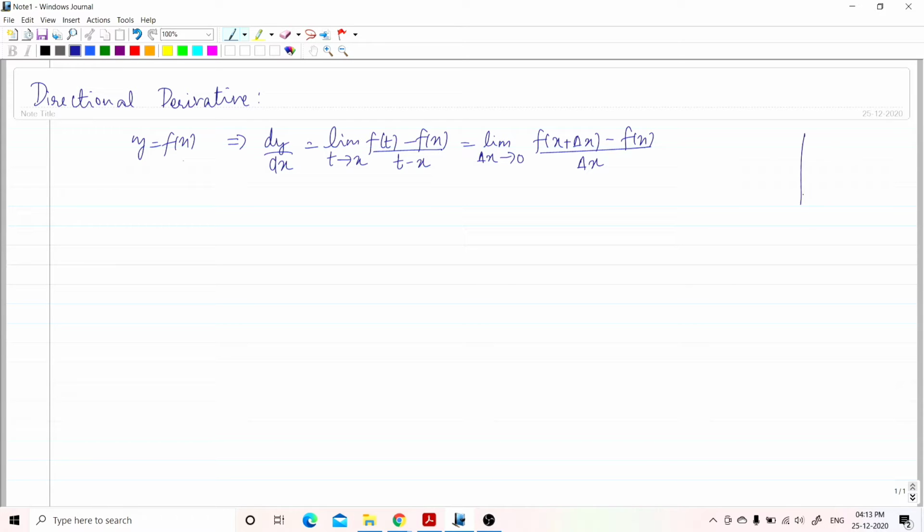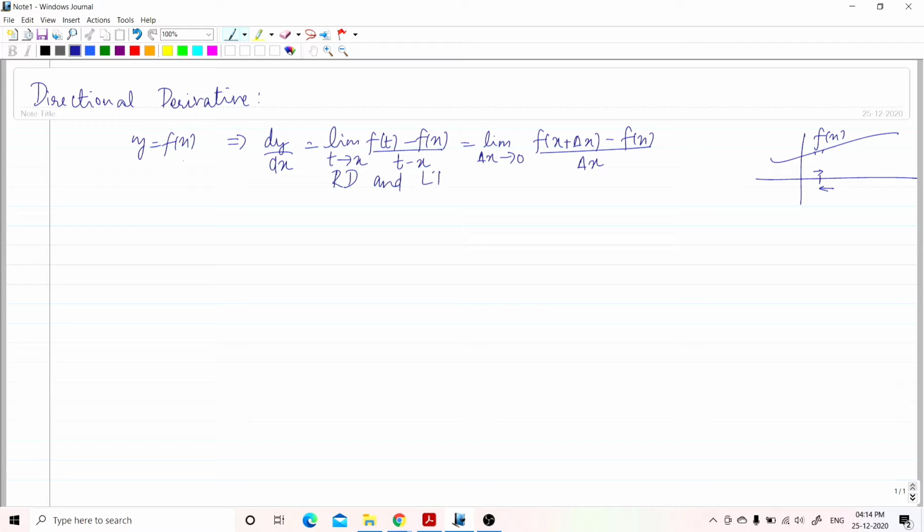If you see what is happening here, suppose this is the given function f of x. If at this point you are talking about the derivative, you consider a very small change near this. Corresponding to this change, what is the change happening with this function? That ratio we call the derivative. In order to approach this point, we have this direction: either we may come from left or we may come from right. There are two possibilities. So while discussing derivatives of one variable, we have the ideas of right derivative